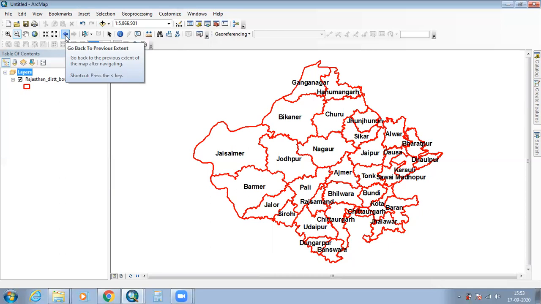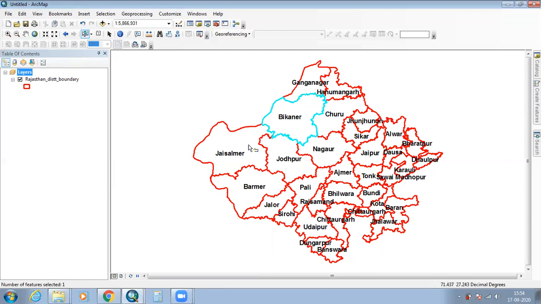Now next one is select feature. This tool is used to select features. If we want to select any feature in our shapefile, we can use this tool, just like this, only using this selection tool.